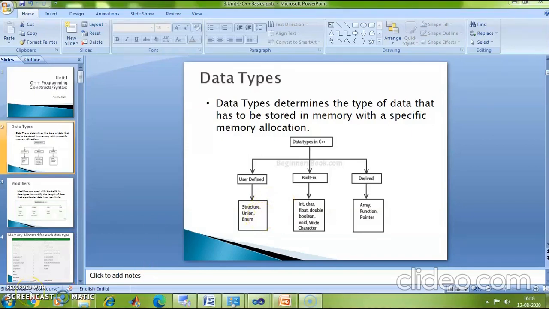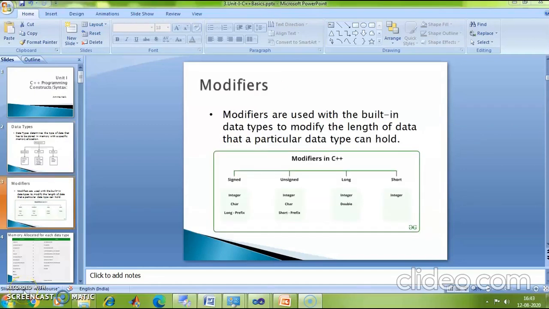So now let us see the modifiers which can be used with a built-in data type or a predefined data type so that we could change the length of the data. These modifiers are used both in C as well as C++. Some of the modifiers which are used both in C as well as C++ are signed, unsigned, long and short.